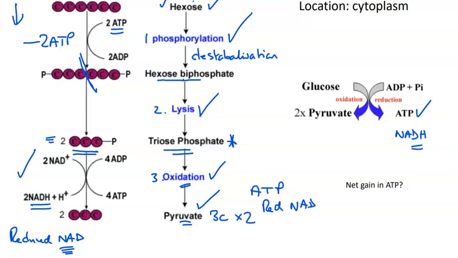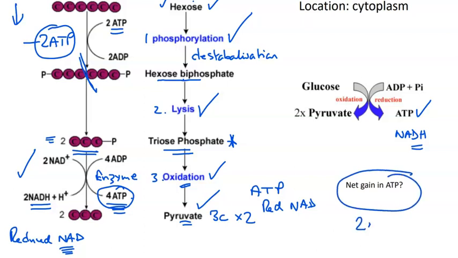Enough energy is released in this third oxidative stage to bring about the formation of 4 ATP as well. Enzymes are present here to catalyze the formation of ATP. Therefore, if we have produced 4 ATP but used ATP up initially, we have a net gain of 2 ATP per hexose,